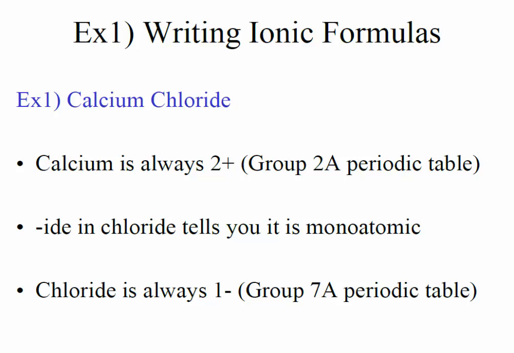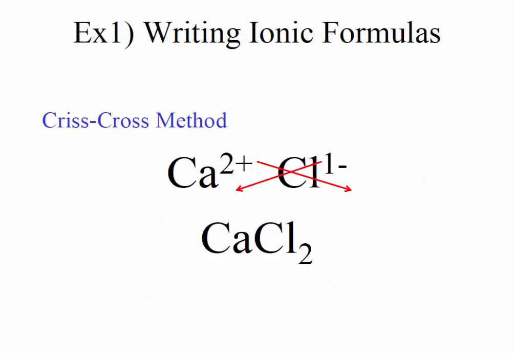Here's an example of writing an ionic formula. Let's say you're given the name calcium chloride. You want to first ask yourself, what are the charges of the ions involved? So calcium will always form a +2 ion. It's in group 2, your alkaline earth metals. And chloride will always form a -1 ion. It's a halogen. So when you put them together, you'll need 2 chlorines to balance out the charge of 1